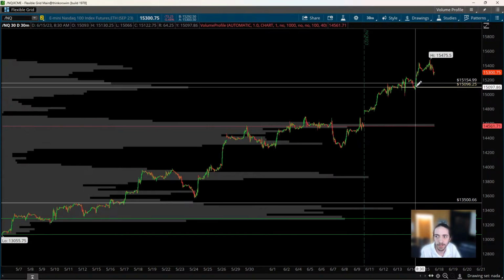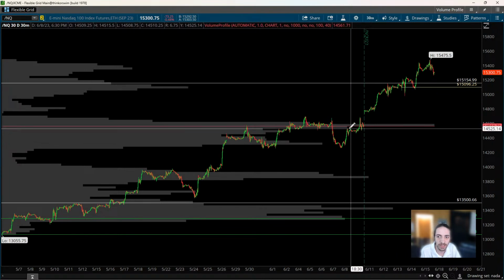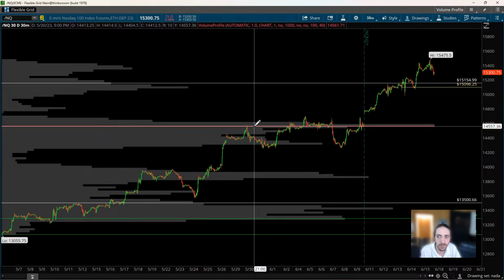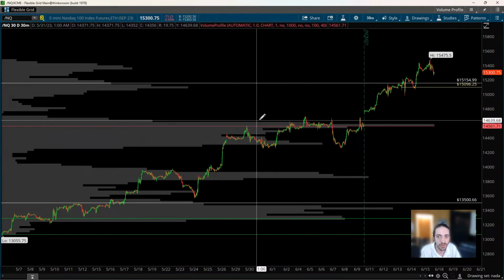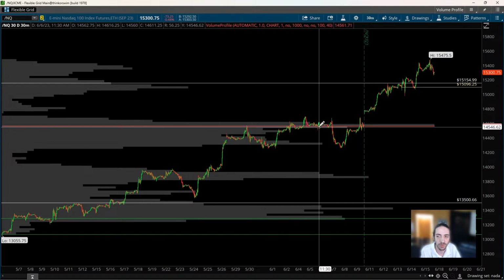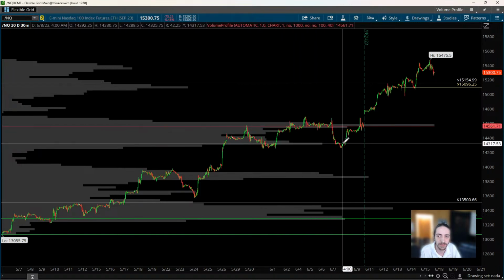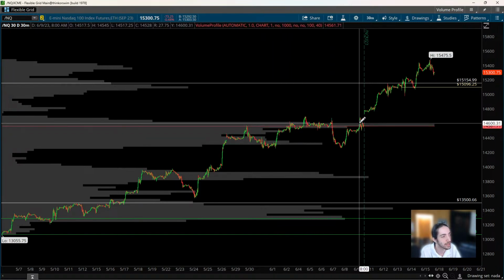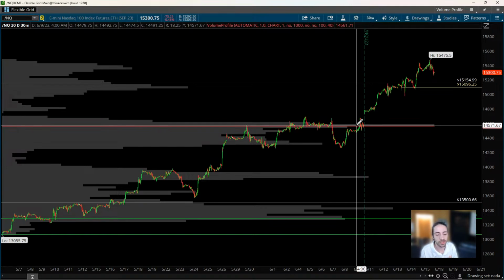So we saw this was the POC on the 5-day, right? Now we have the 30 way down here, and that's a pretty strong area too. Because you see how we came up, it was resistance, we broke it, we consolidated, we failed, came back up, consolidated. All this consolidation, all this accumulation near these high volume shelves, all these POCs, all these high volume nodes,